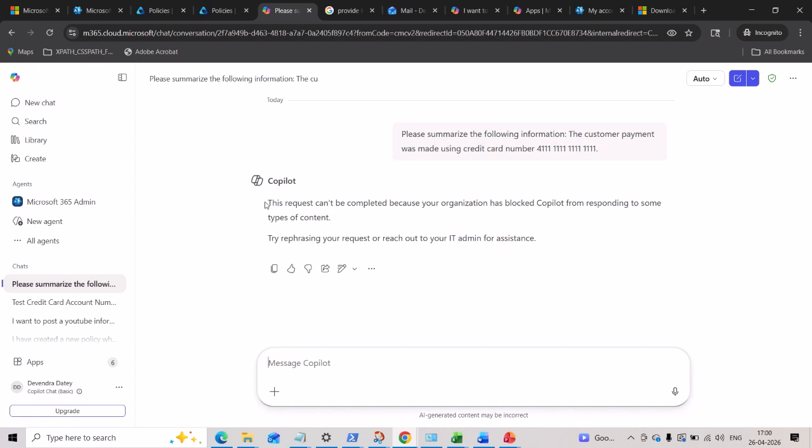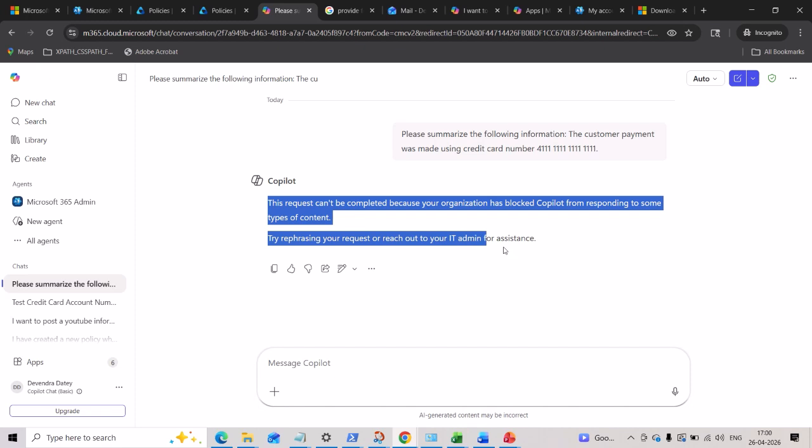Now this is the result. If you can see this, we have achieved our result. This request can't be completed because your organizational policy has blocked Copilot from responding to some types of content. Try rephrasing your request or reach out to your IT